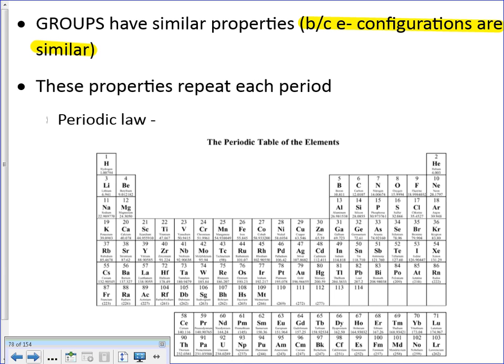Like, for example, when I get to manganese, I'll say 3D5 because I'm at the 5th electron over in the D block. But everything here in manganese's group will have the same ending point of D5. It's just the number in the front is going to differ because we're doing it based on different periods on the periodic table. So the periodic law is that there exist